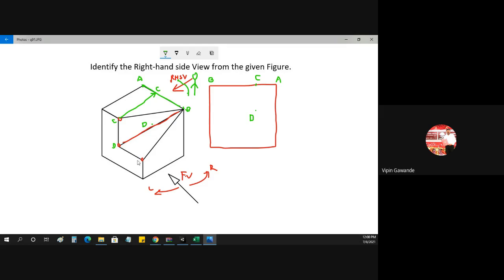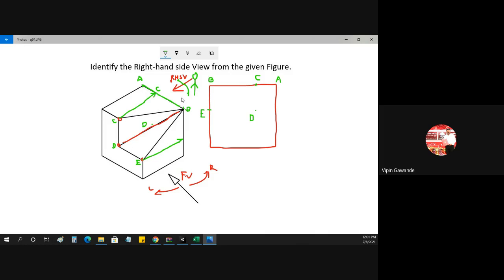Then we have E point here. Now you transfer that E point. So E point will go on the B line, on the same line as D. So this is E point here. Okay, now how to draw? We have transferred all the points.